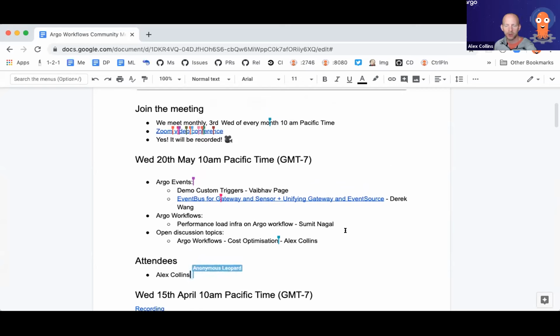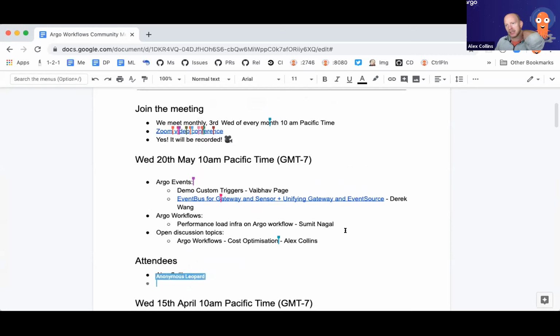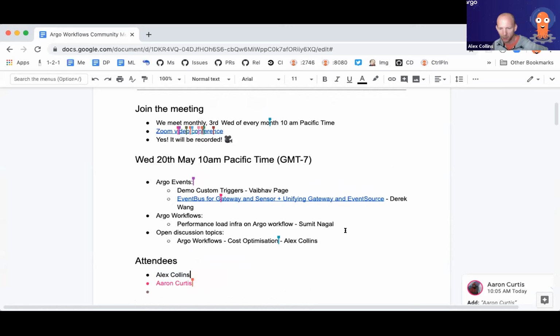For those of you who are new to Argo Workflows and Events, just a little bit of background. Argo Workflows is a cloud-native system for executing workflows. It's very popular for machine learning and also kind of popular within some of the CI community as well.